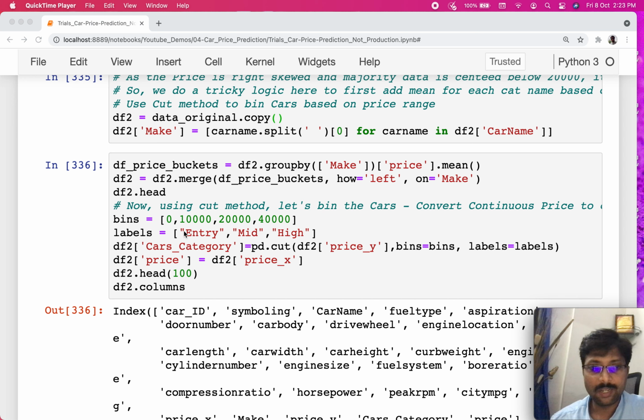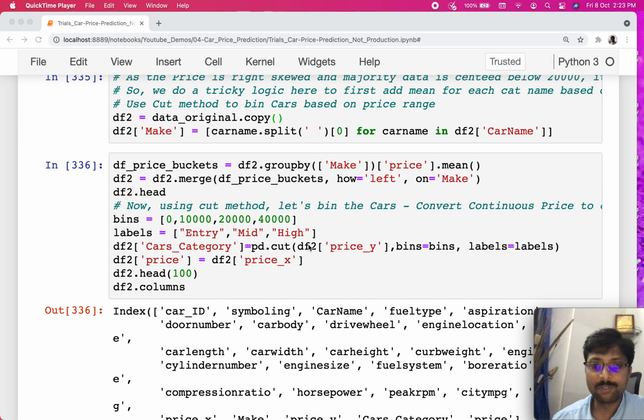And then what we're also doing is, because we have done the join here, the left data frame and the right data frame each have one particular column called price, which is a duplicate there. So it labels them as price underscore x and price underscore y.